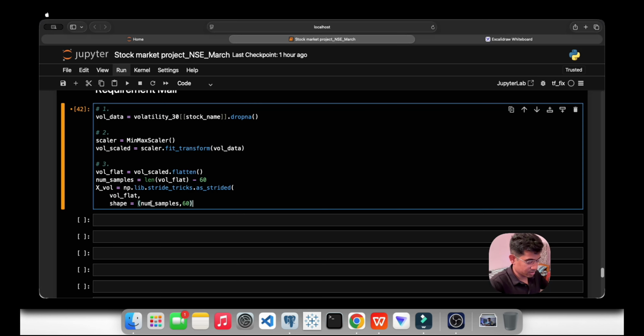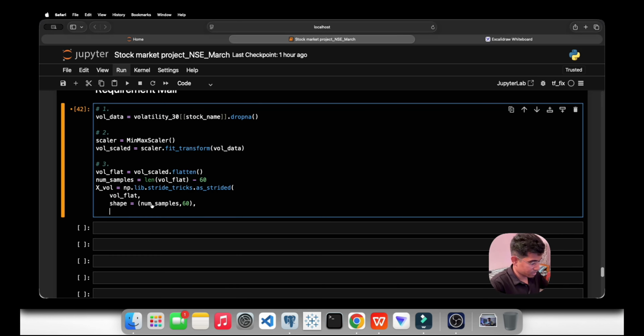After that we will take strides, and in strides we will take vol flat dot strides, then flat also, like x and y axis.